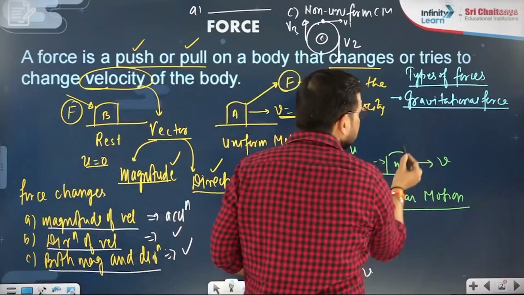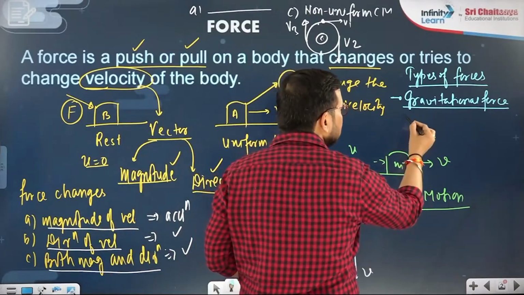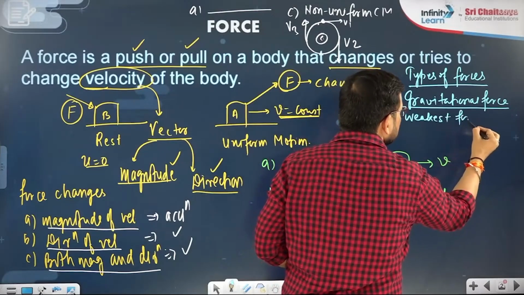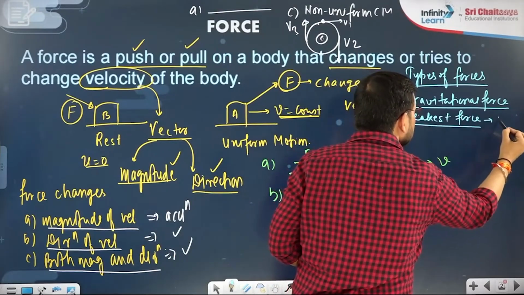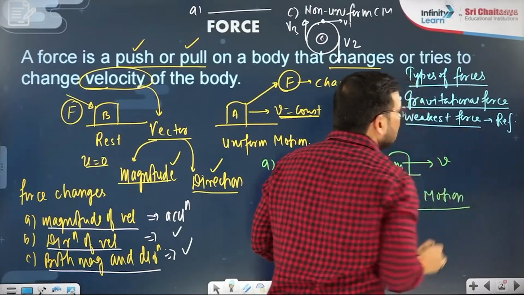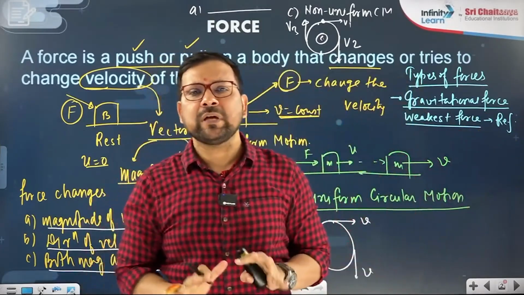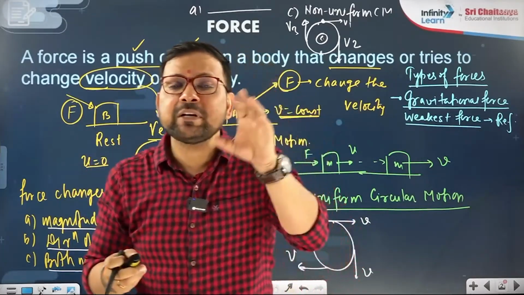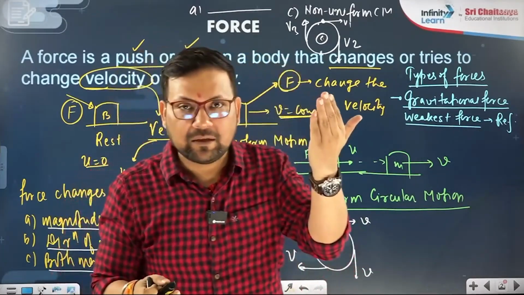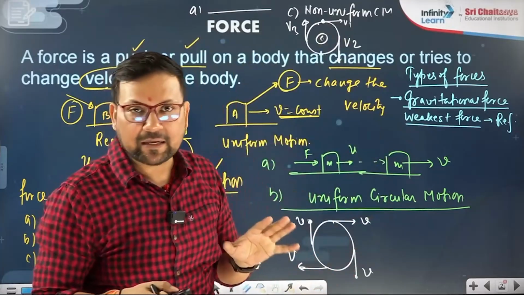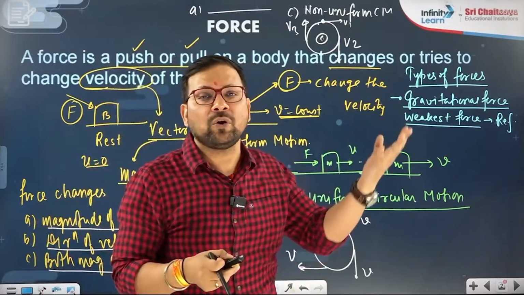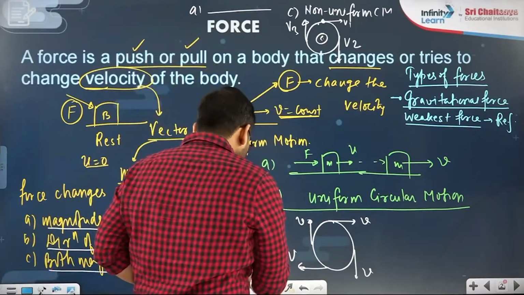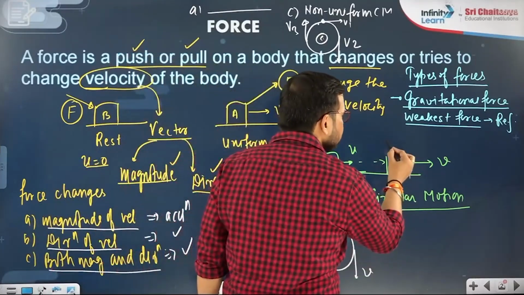Types of forces, gravitational. I was saying this is the weakest force. And that is taken as the reference for forces also. If some force is a strong force or a weak force, that is determined by comparing it with gravity. So gravity is the weakest force, right? If there is some other force, how strong is that? Gravity is the reference that tells how strong other forces are. So the first force is the gravitational force.